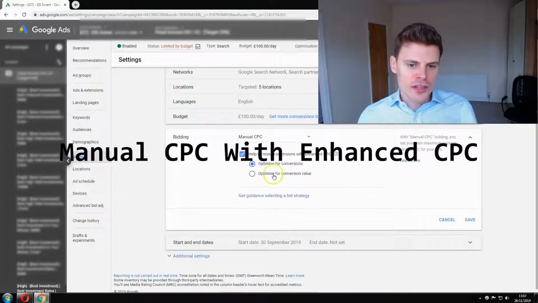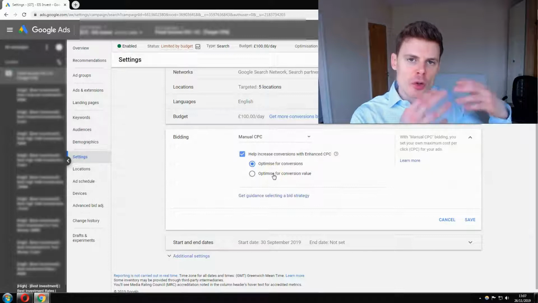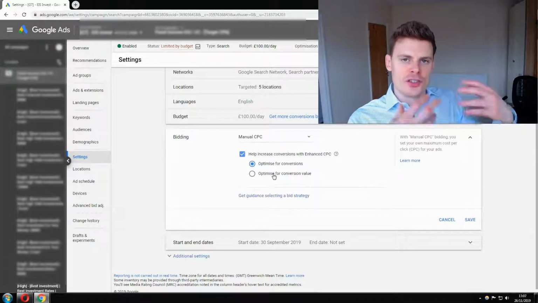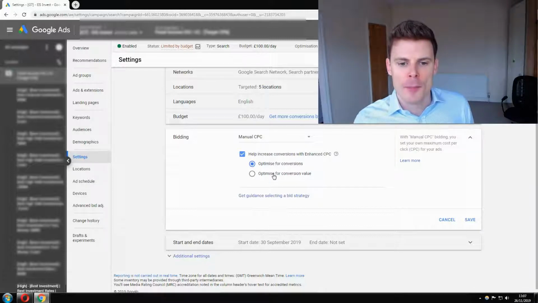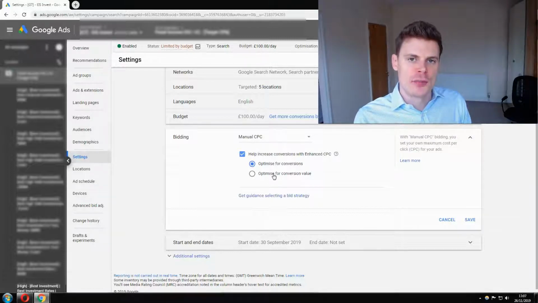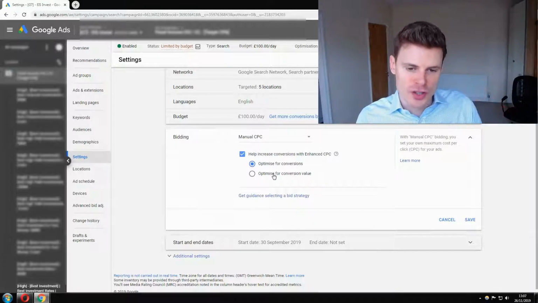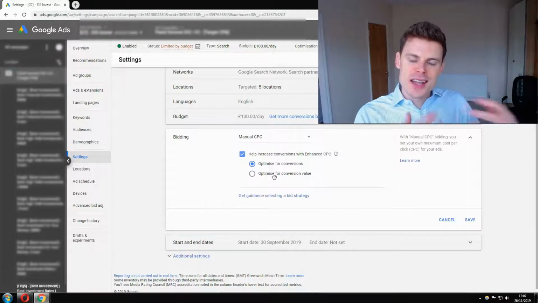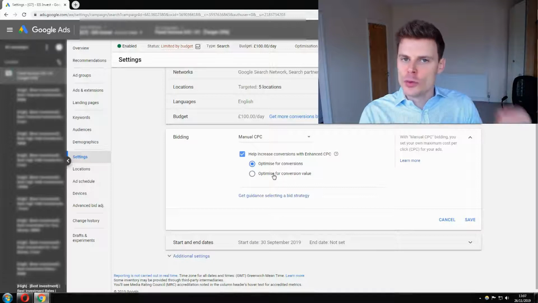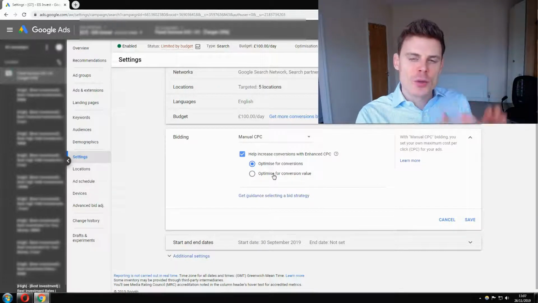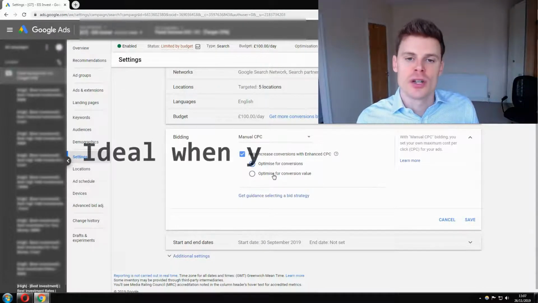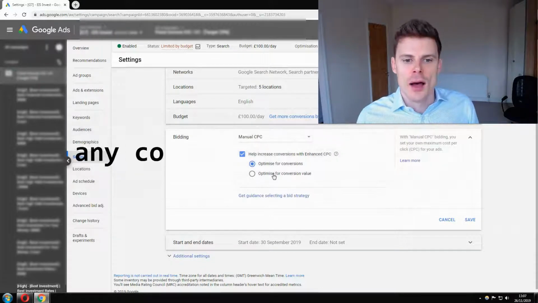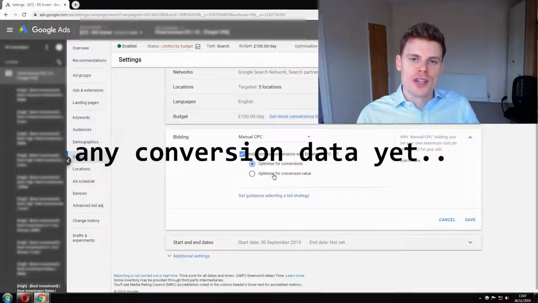So with this bidding strategy, you can manually set the bids for your forms of targeting, such as your keywords, and determine how much you would like to pay for each one of those specific keywords. So when your campaign doesn't yet have the capability to really use those automated strategies, manual CPC is a good option. And for very advanced users of Google Ads, manual CPC is a good option because it gives you full